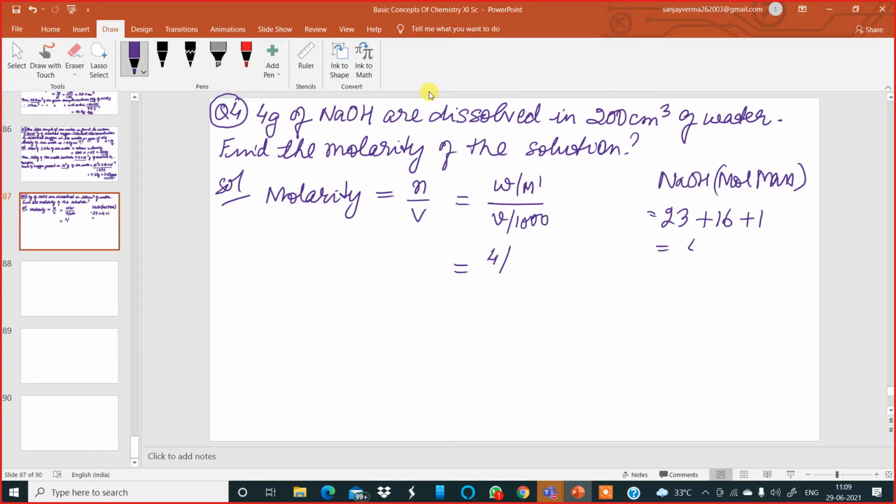That comes to 40. So it is 4 by 40, divided by volume given in centimeter cube. It has to be converted to liters. So 200 divided by 1000. Upon simplification,